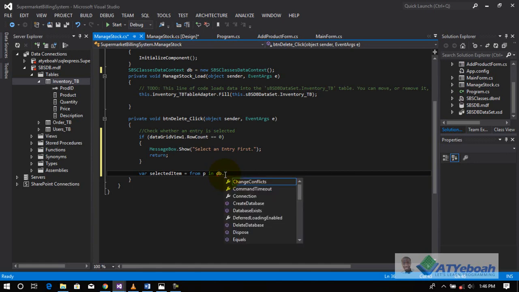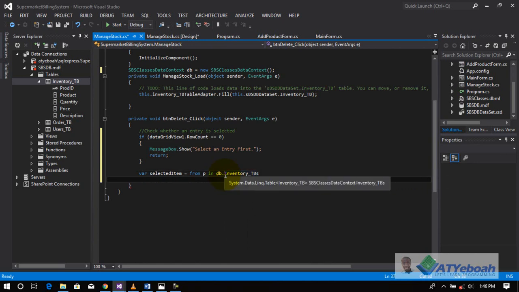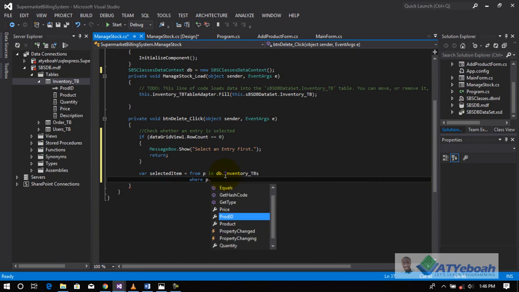DB dot inventory table, where P dot product ID is equal to